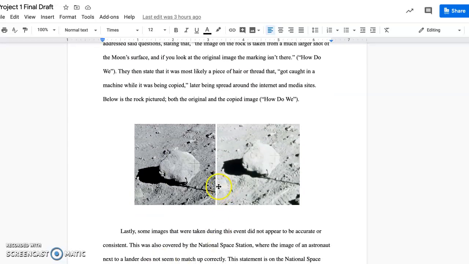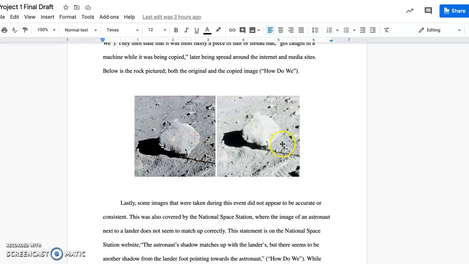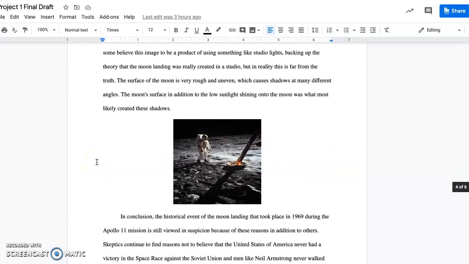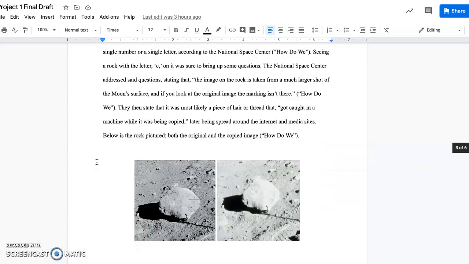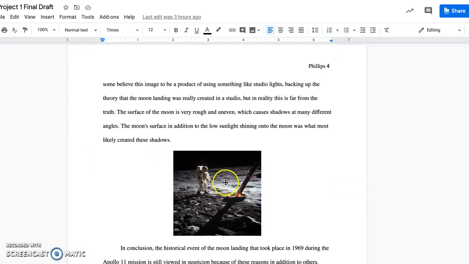This one is of a theory that it was a staged mission, and the C on this rock was providing a source of evidence that it was a prop in a Hollywood studio or something, which was another one of my reasons. And my last one was the shadow, where you see the astronaut's shadow right there.